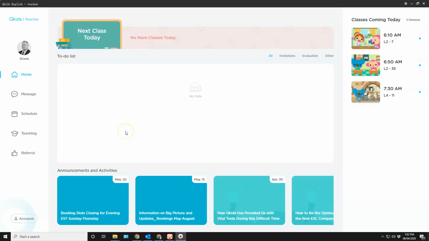If you're interested in QKids or if you're new and you want a quick little rundown of where things are, they have a new interface and this is it here. This is home and it looks like now they're putting what your next class is right here, and there's an option to jump into the class right here. I don't have any more classes today, so it's not showing me that option. However, here are the classes I did earlier today. And they're already done because they were this morning and it's evening now.